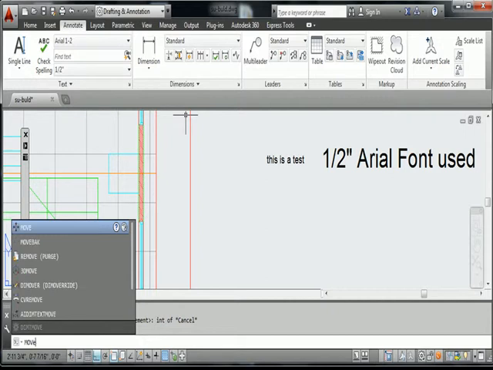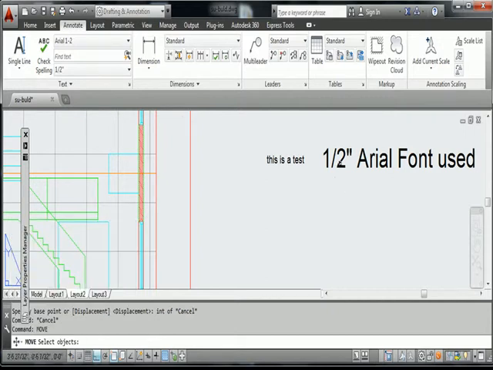Just M. Select the font, and that's all that I want, so I'll say enter, and then it'll ask where's the base point. The font that I just drew has an insertion point, so if I say INS for insertion point,